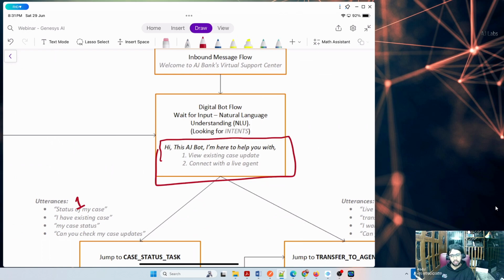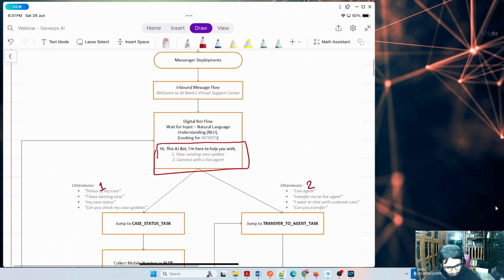But it is predefined. I need to tell it these are the things customers used to type. In case he is typing something wrong, we can handle the exception, which I'll show you. We can build the chatbot, then type something wrong, and we'll see how we can handle that situation.